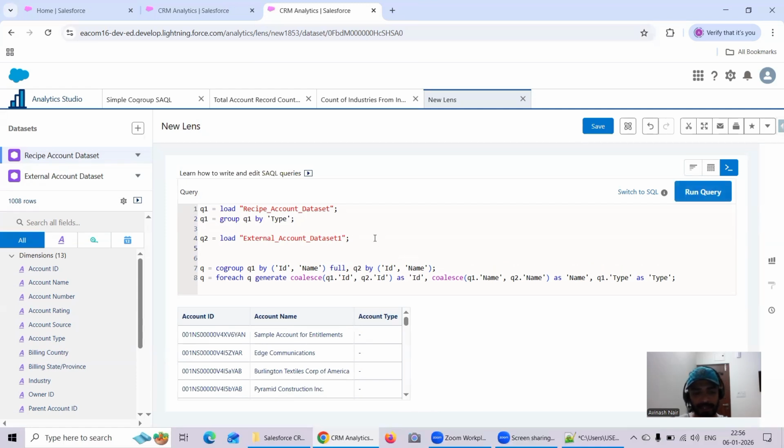Now let's say I want to bring up the industry from Q2. Then I will follow the same process once again. I will write Q2 because I want to show the industry only from external, but I don't want to show the industry from internal, although the industry is present. Or let's say the client doesn't want to see any industry from internal accounts. In that case also, I have to write group Q2 by Q2.industry as industry. Now if I run this query,